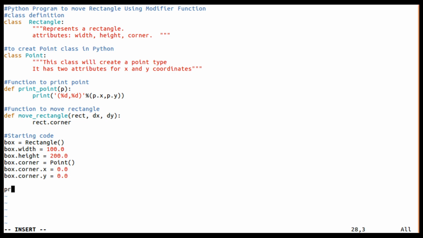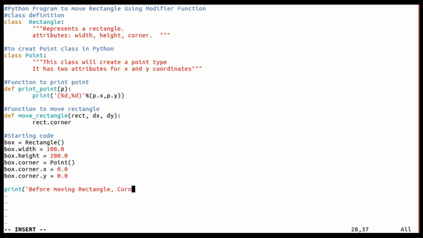Here I'll also write print before moving rectangle, so I'll print the corner point.